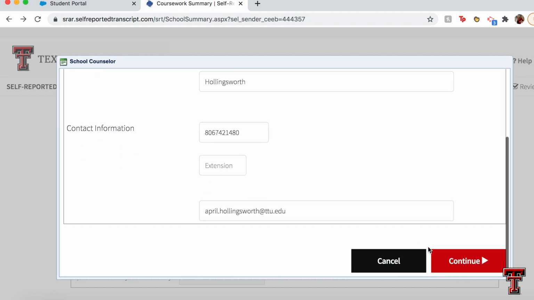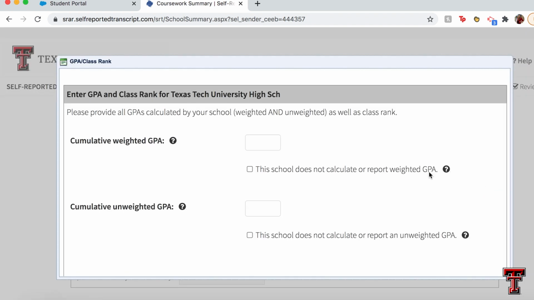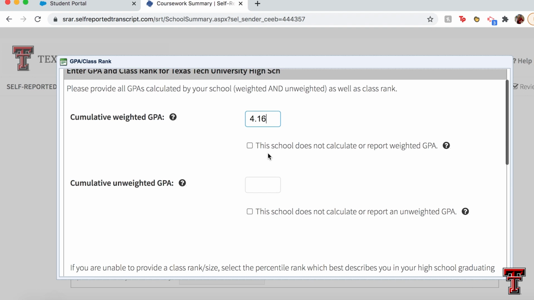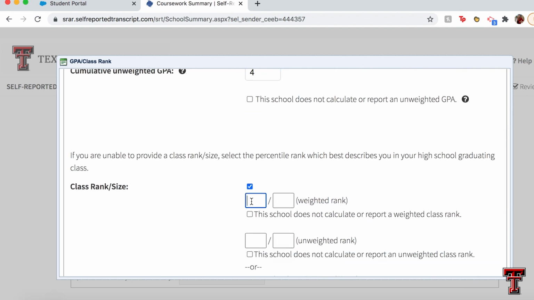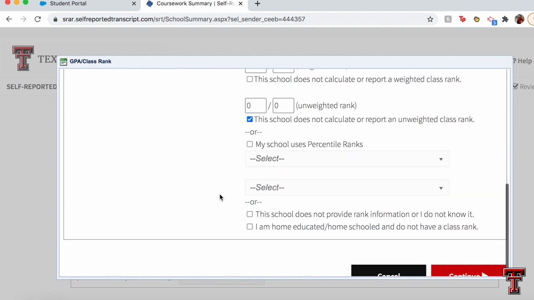The next thing you want to do is click on the green pencil icon under GPA and class rank. This is where you will enter your cumulative weighted GPA, unweighted GPA, and rank information. If your school does not calculate GPA or rank, select the appropriate options listed on the page. Once this section is complete, click on the Continue button at the bottom of the page to move on through